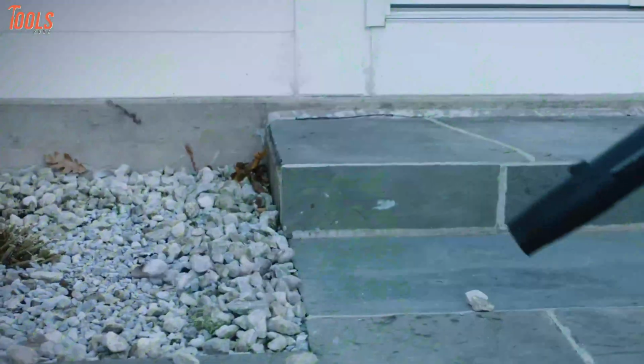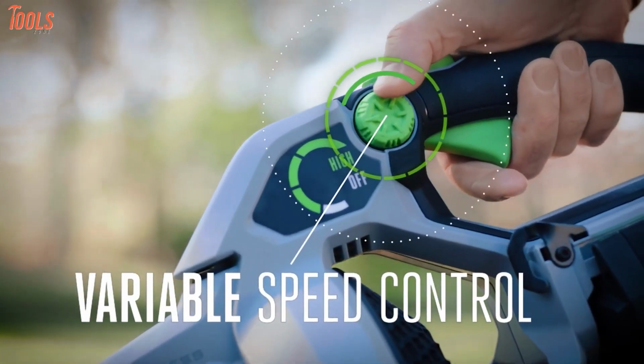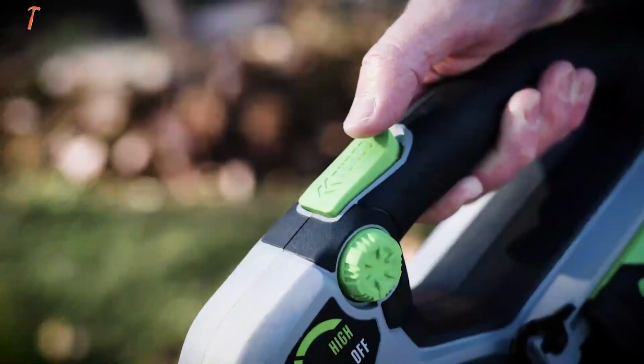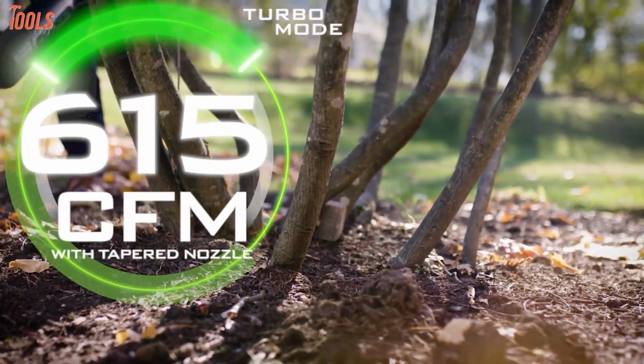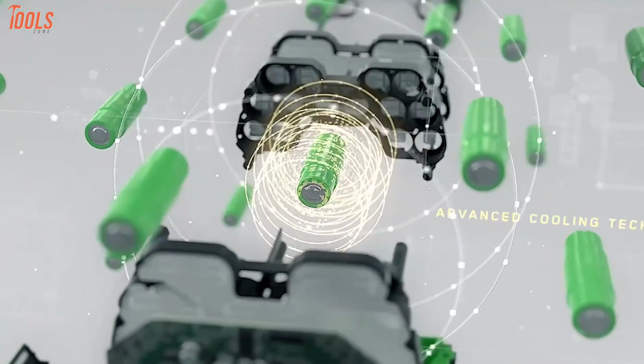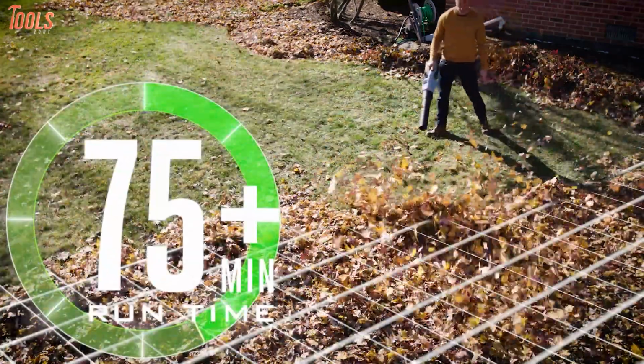Airflow speed can be adjusted between 200 and 480 CFM through the lock-on speed control dial on the blower. And when you need more power, simply activate the turbo mode and get up to 615 CFM of airflow. With the high-efficiency 2.5 amp-hour 56-volt ARC lithium battery, this blower offers you a spectacular runtime of up to 75